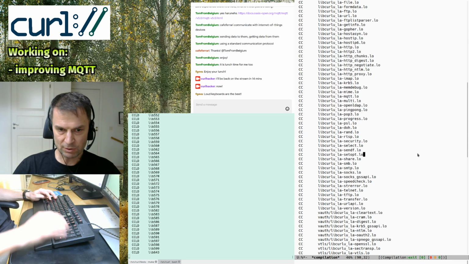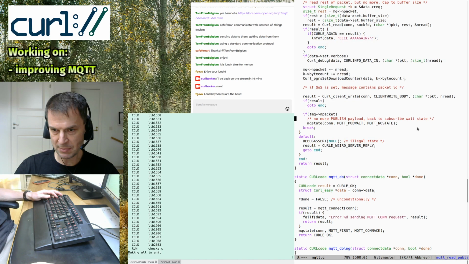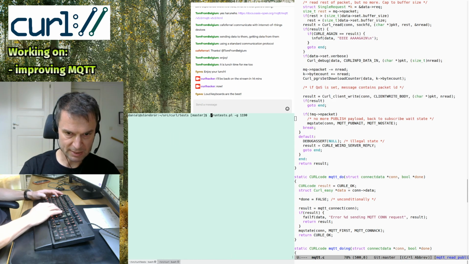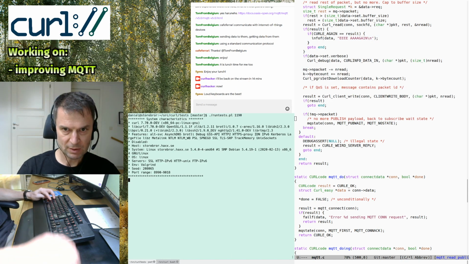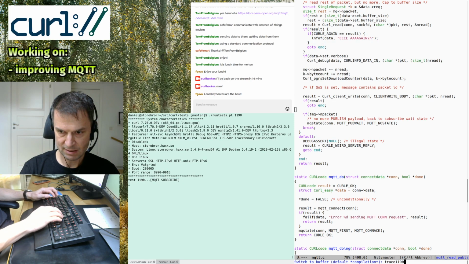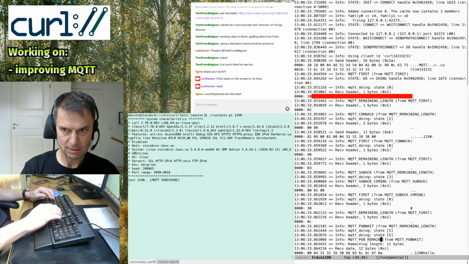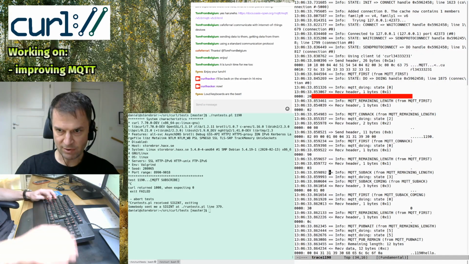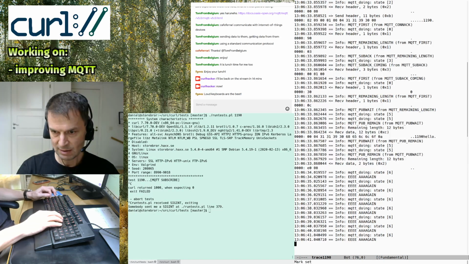Okay, so now I didn't actually change much here. It builds again. I've sort of cleaned up my state machine change thing, but I'm back to the failing test 1190. But now it never ends. Might be a good